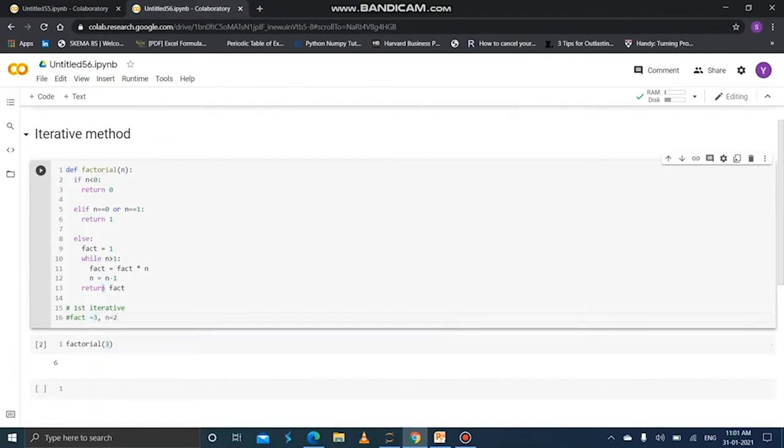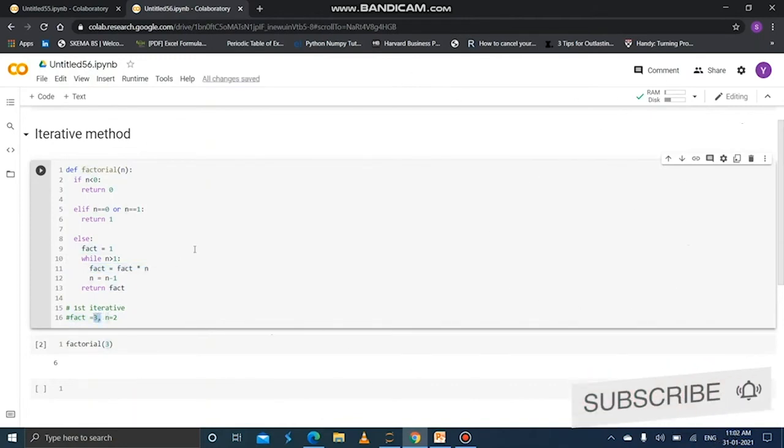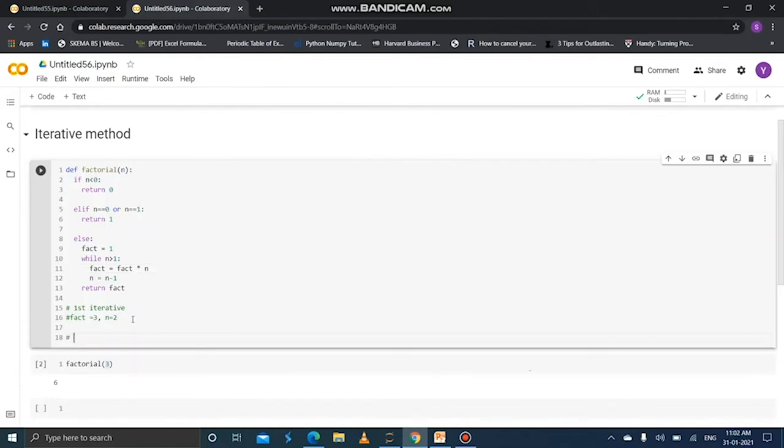It again iterates. We know that after the first iteration we got n equal to 2 and fact equal to 3. Now for the second iteration, while 2 greater than 1, yes, the condition is true. Now fact is equal to fact into n, which means fact is 3 and n is 2. So now fact becomes 6 for the second iteration.